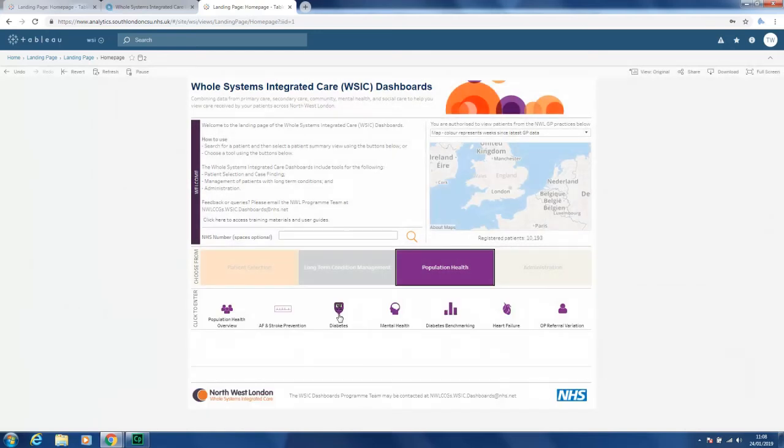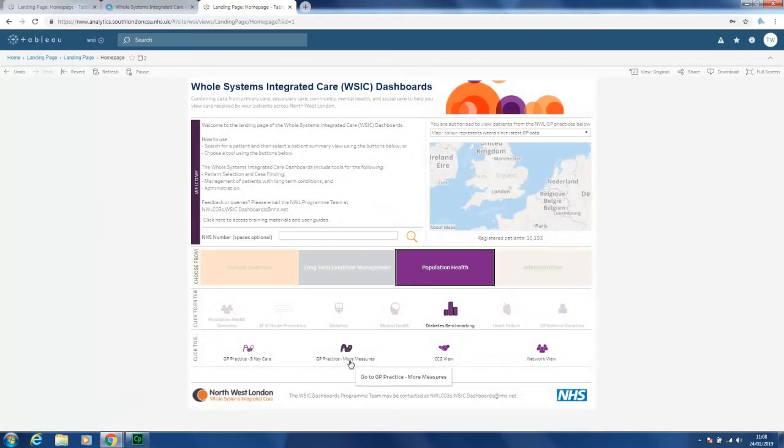Note there's also another diabetes dashboard which provides patient level information and various other metrics. There's a really useful tool on there about finding patients who are at high risk of developing diabetes, a way to get your non-diabetic hyperglycaemia register up. So anyway, let's go into the diabetes benchmarking dashboards, and you'll see that there's a choice that comes up of